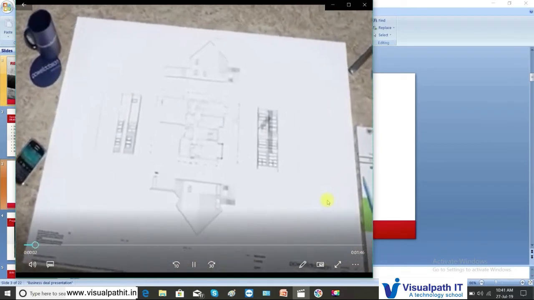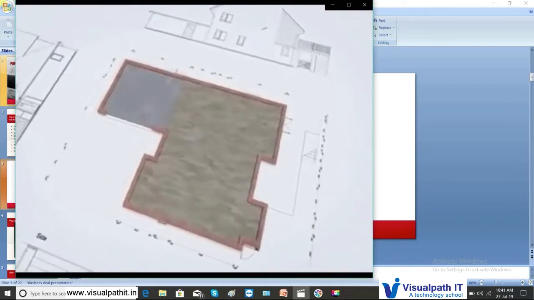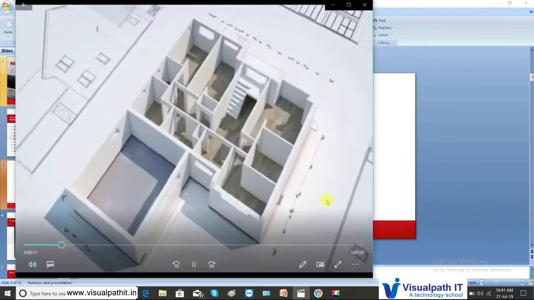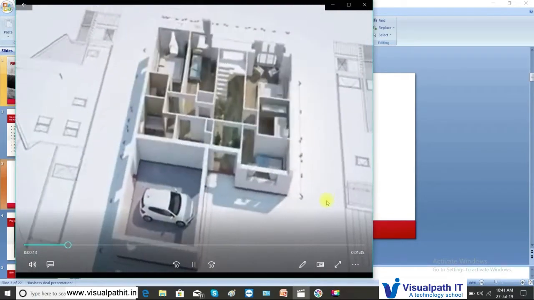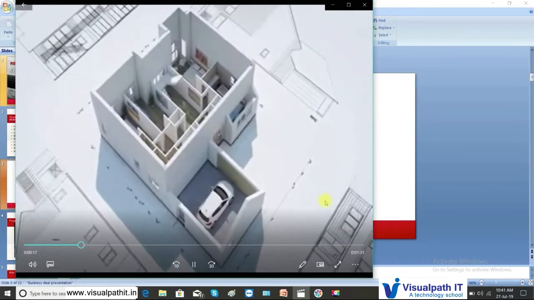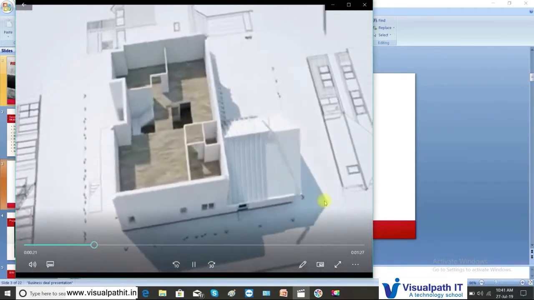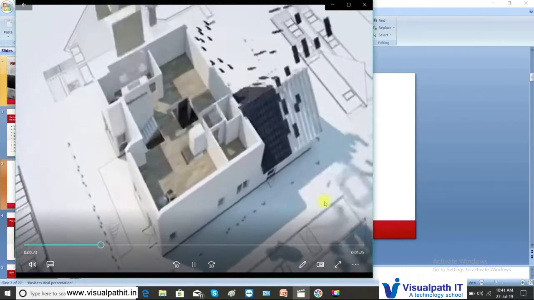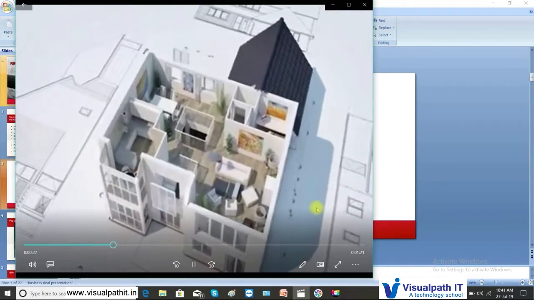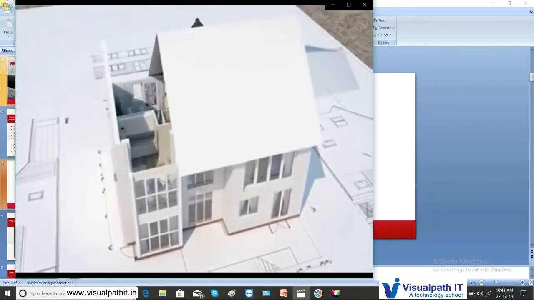See this video. The 2D drawings are generated from the plan, then the modeling is happening here. The walls are constructed, the basement is modeled, the walls are modeled, the partition walls are modeled, the furniture is placed. This is exactly what we will be doing in Revit Architecture. The roof is modeled, then the upper portion, the first floor and second floor are modeled, and then the roof is modeled, you can see, and then it is closed. Now this is what modeling is.